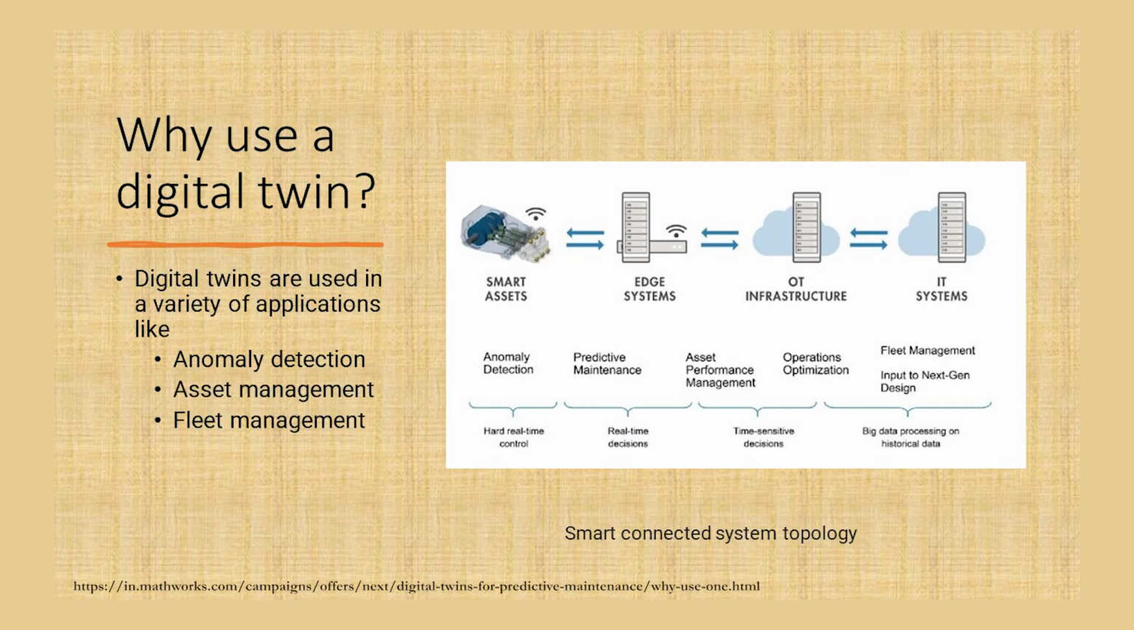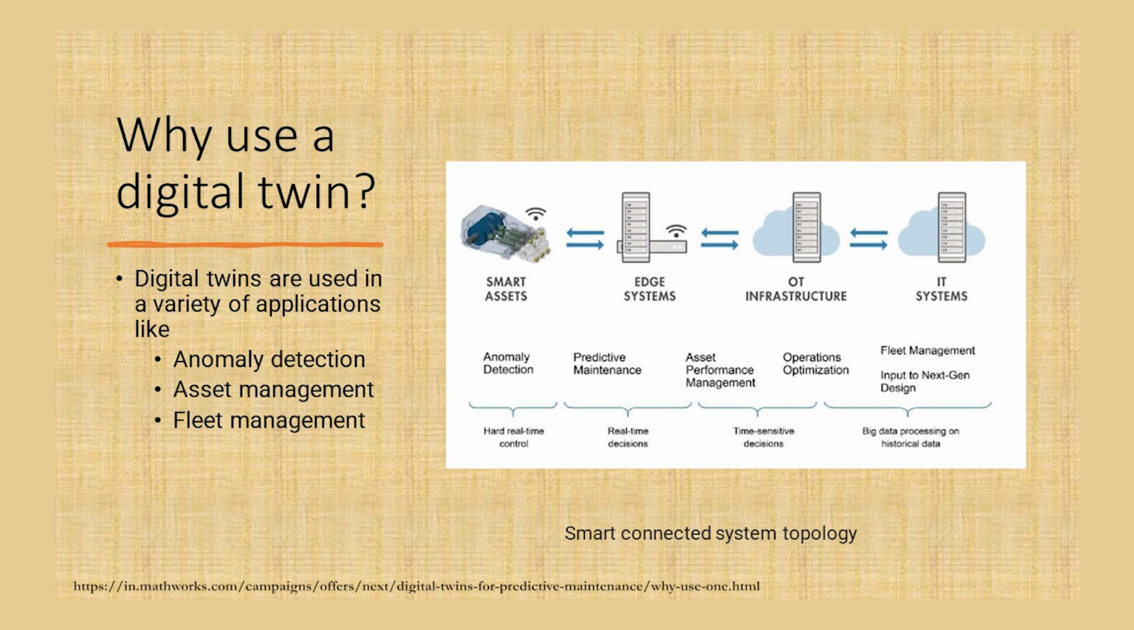So, what we can create with digital twins is a smart connected system topology. That example that I told you about the Uber app, that is a smart connected system, and its topology is visible to you immediately on your smartphone, right. So, digital twins are helpful in creating these smart assets, edge systems, operational technology infrastructure, and IT systems. All of these are integrated to create your digital twins,